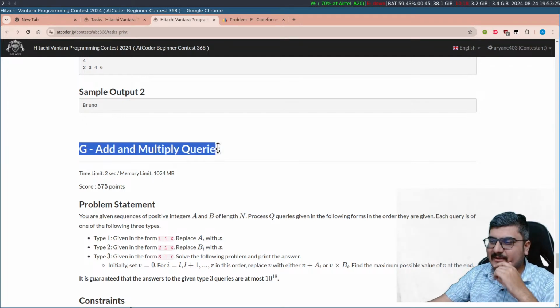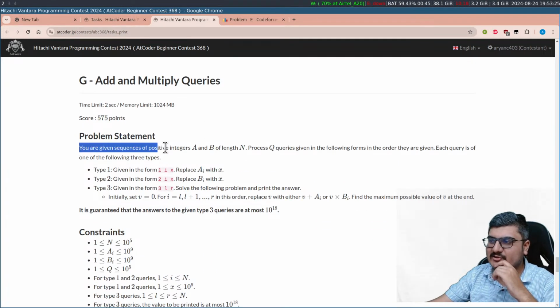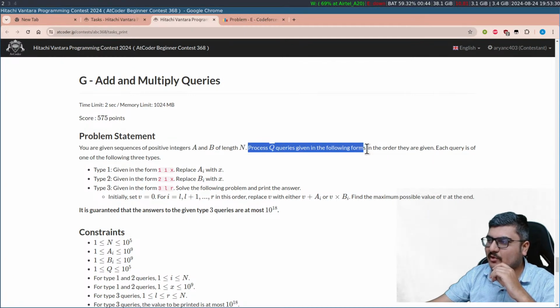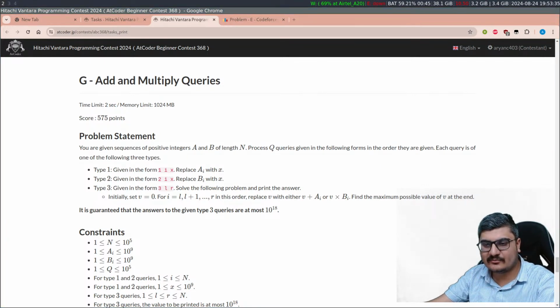It says add and multiply queries. You are given a sequence of positive integers a, b of length n. Process q queries given in the following forms in the order they are given. Each query is of one of the following. Okay, by the way, one more thing which I forgot to mention was